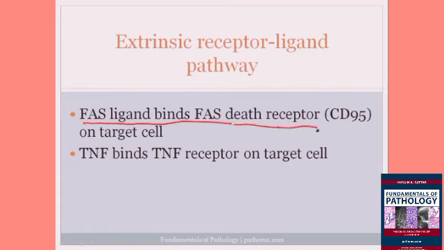The best example of this requires a little review of immunology, which is to go back and remind ourselves that T cells are actually born in the bone marrow, and once they're produced in the bone marrow, they go to the thymus to be educated. And when they're educated in the thymus, they actually have to go through 2 layers of testing. The first is called positive selection. Positive selection, they get asked the